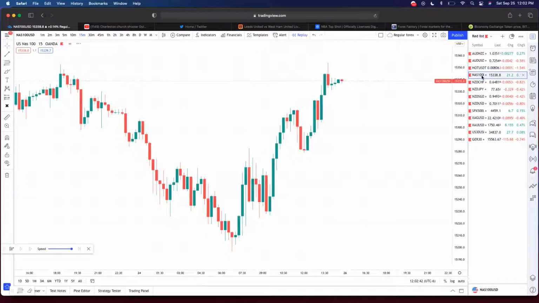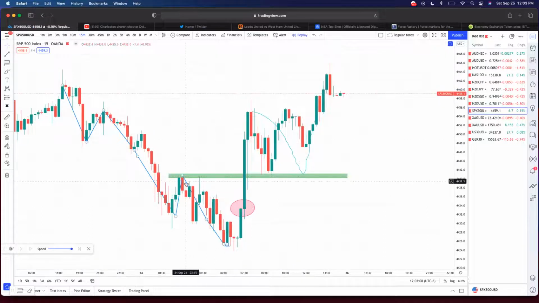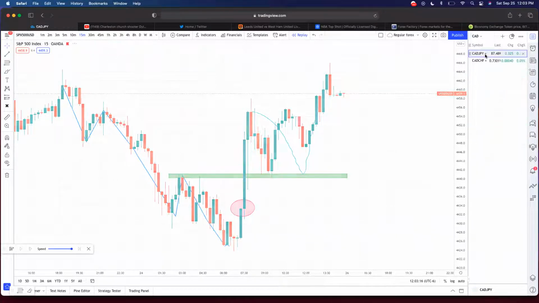Okay, yeah, NAS will probably have around the same thing. Yeah, NAS wasn't as clean as SPX, but let me see US30. Yeah, US30 was actually nasty yesterday, but same concept goes. Yesterday it actually created equal highs there. That's funny. But yeah, SPX was the perfect example of that break and retest. Okay, so that's one of the ways you can actually